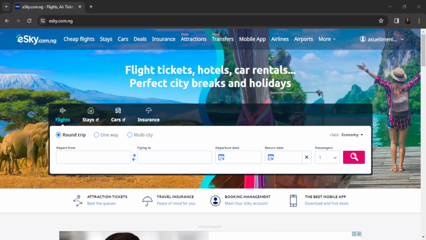So the first thing you'd like to do is head over to your Esky web application and launch it. I'm going to walk you through the process of how to get in here. In the first place, launch your browser. Once you launch the browser of your choice, head over to the search bar. In the search bar of your browser, go ahead and type